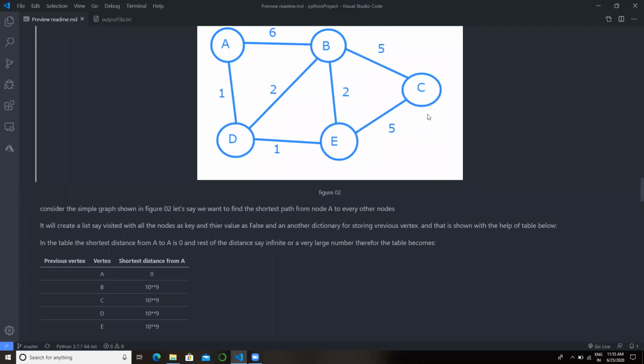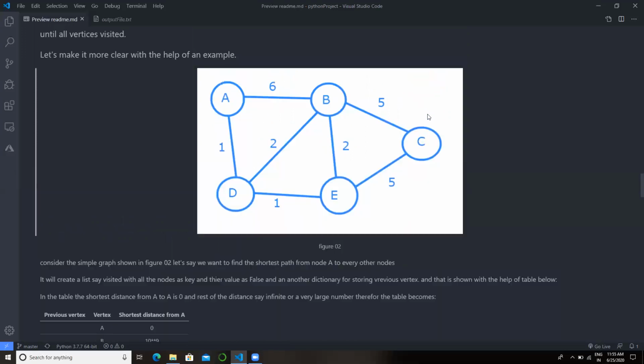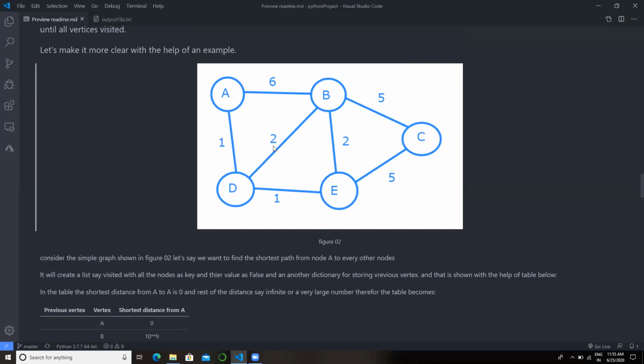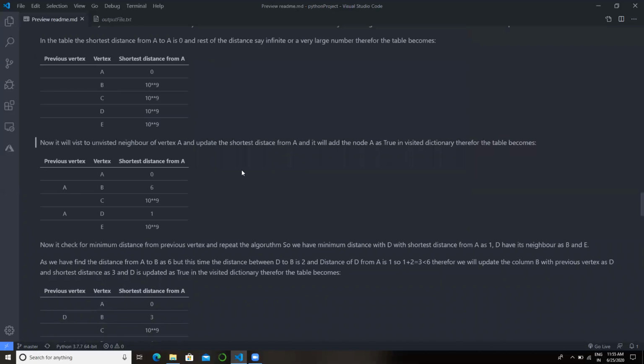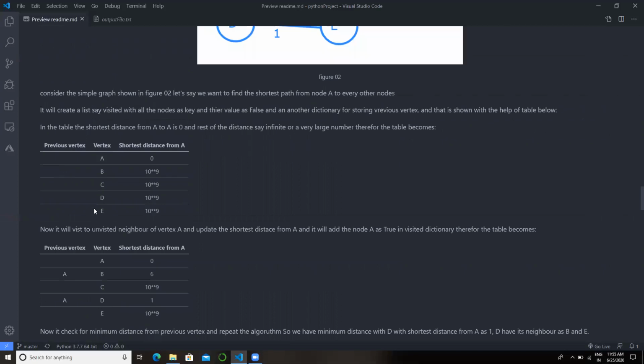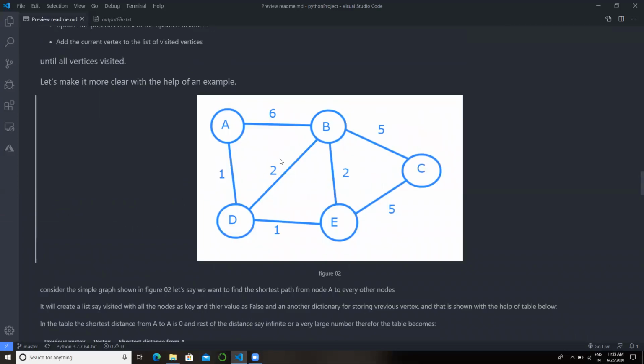When I traverse through all the connected nodes of A, which are B and D, their distances will be 6 and 1, and their previous node will be A. So in the table, we can see we have B as 6 and D as 1, and their previous vertices are updated as A. Now we will check which is the minimum distance between 6 and 1. We have 1, so we will select our next node as D.